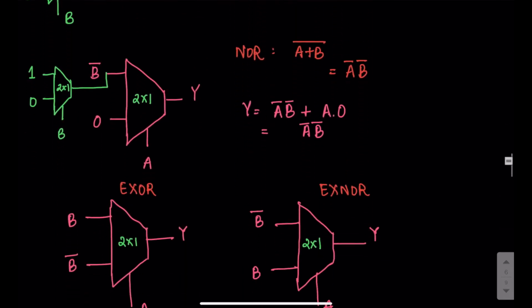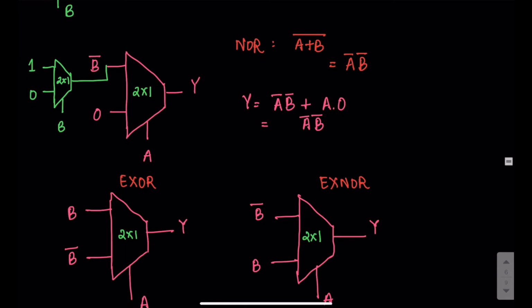Coming up to the next, we have the NOR gate implemented using the 2 cross 1 mux. Now NOR is equal to A plus B whole bar, which is expanded as A bar B bar, and this is very simple. You just need to have one select line, that is A, and at the first input you will have B bar. So in this network, if you expand the output, you will get y is equal to A bar dot B bar plus A dot 0, which is equal to A bar B bar. To get B bar, you need another 2 cross 1 mux to act like the NOT gate in order to get the inverted output. So again for the NOR gate, we require two 2 cross 1 muxes.